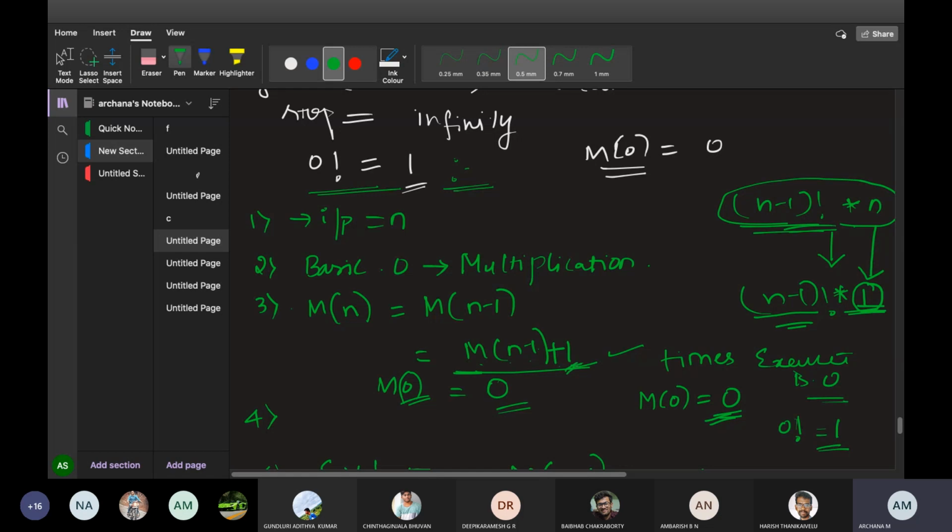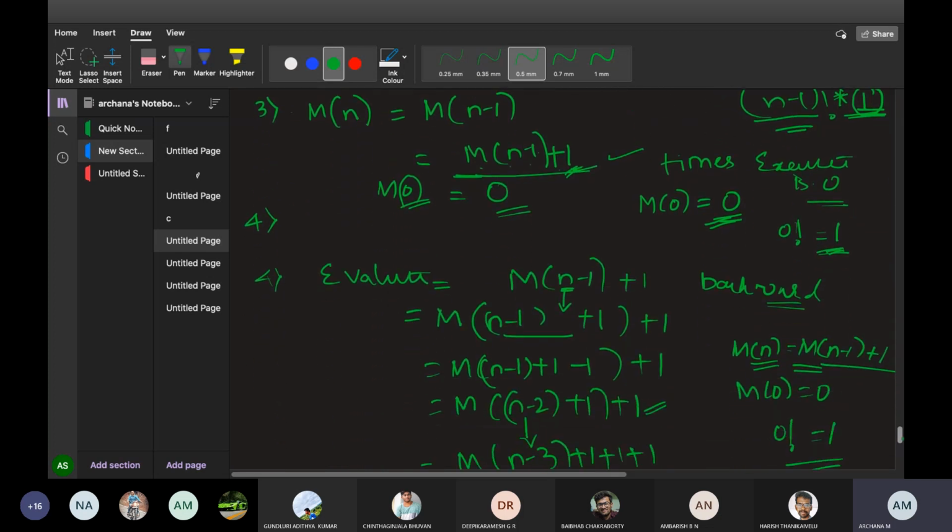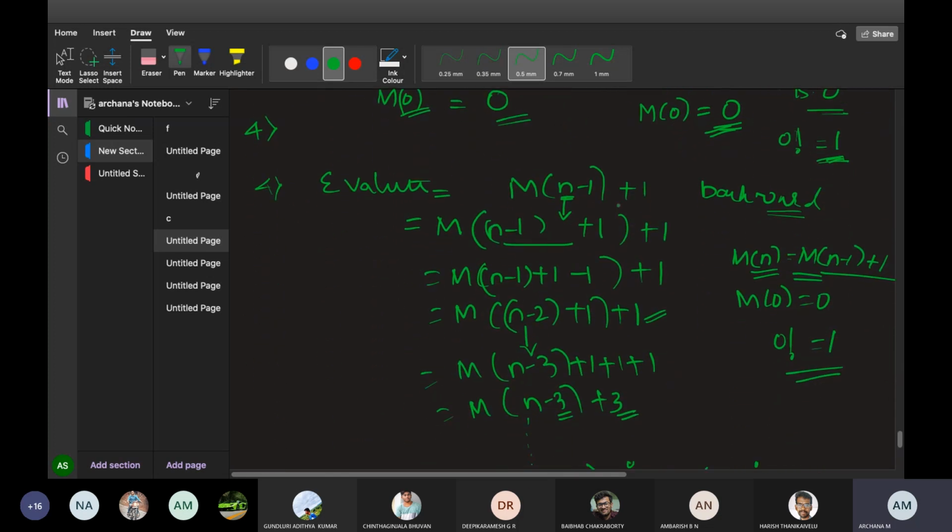Look here, this formula is such that I am getting 1 in the formula. So 0 plus 1, you should get 1, because in a factorial, 0 factorial is nothing but 1. Finally I should get 1. This is how I need to formulate, and then keep on evaluating the formula. Whichever you get will be in a backward process. This is very, very important for recursive algorithms. We should go in a backward condition. We should keep on evaluating that formula with that formula itself, because this is recursion, right?